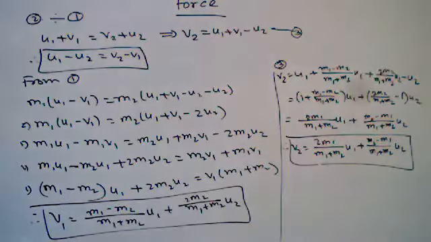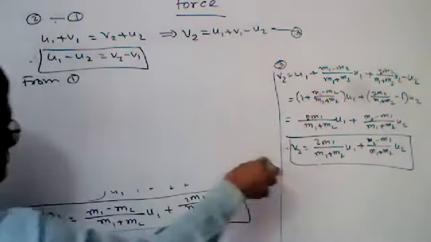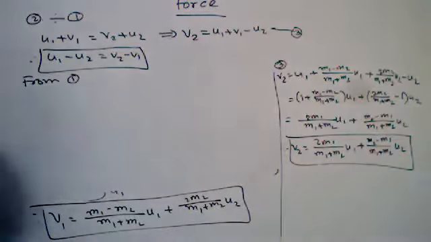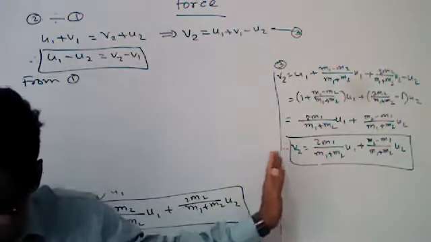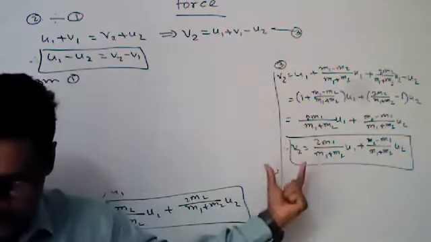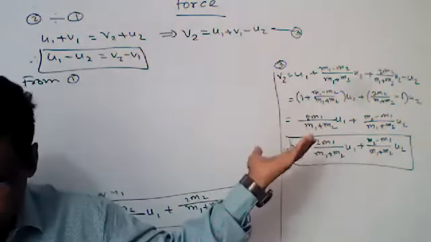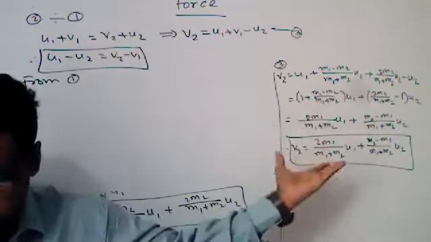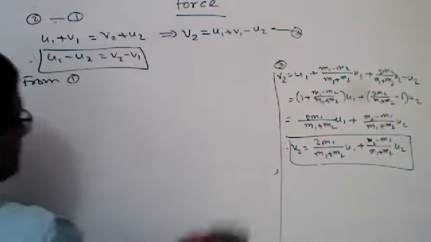Now we can memorize it shortly. How can we? Sir, what was the last equation, can you say it once more? This is the equation of final velocity of the second object, or the equation of velocity of the second object after collision. Okay. Now come on, how can we memorize it?